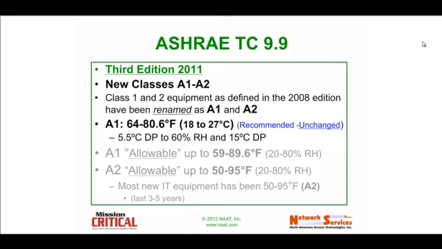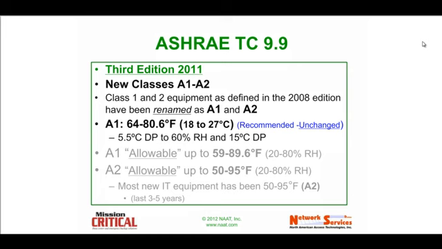broader temperatures. In 2011, ASHRAE released basically a reissue of Class 1 and Class 2, renaming it as A1 and A2. The recommended temperature envelope still remained as it did in 2008, 64 to 80.6 degrees, or of course if you're working in Celsius, which is what the document is originally written in, 18 to 27. This remained from 2008, but what happened is, and this is kind of the interesting thing,